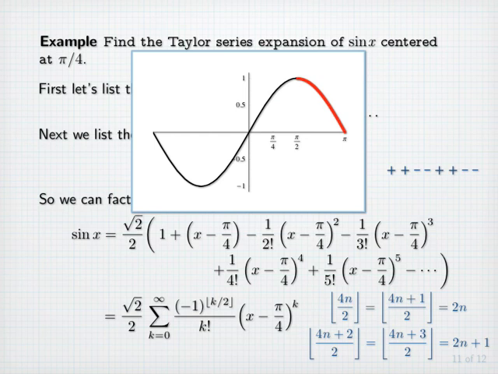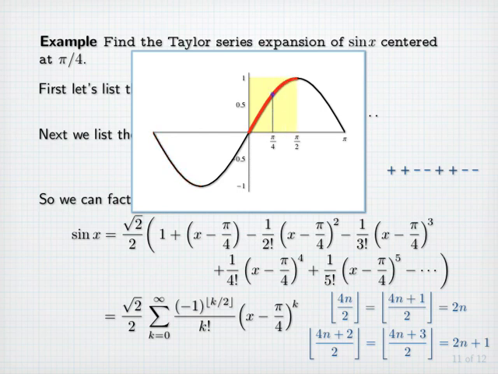On the interval from minus pi over 2 to 0, sine of x is equal to minus the sine of minus x, and minus x would be between 0 and pi over 2. And on the interval from minus pi to minus pi over 2, sine of x is equal to minus the sine of x plus pi, and x plus pi is between 0 and pi over 2. And similarly, the values of the sine function between 0 and pi over 2 can be transferred to any place